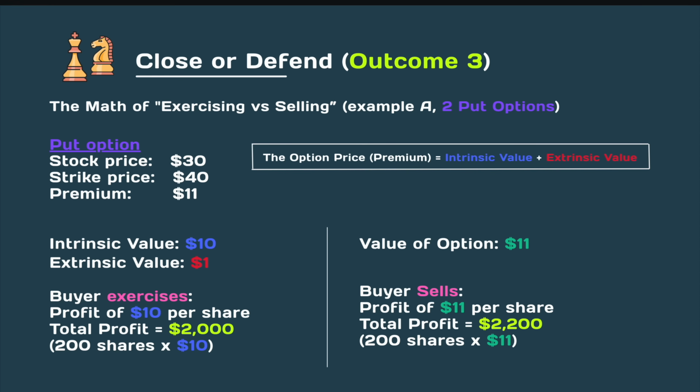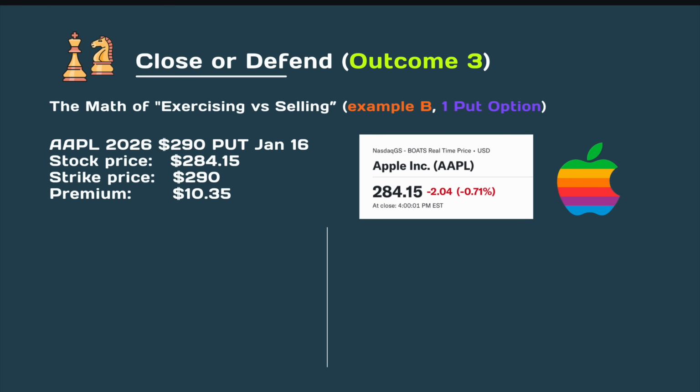Now, there's a few small nuances here. The first nuance is that we assume that there's no cost to the buyer within our analysis over here, and that's why we calculated the profit in this manner. The second nuance is, even though the buyer in this situation has sold away their option, they've closed out the position, another buyer in the economy is now holding on to the option. What this means for you as a seller is that you still have an obligation to fulfill. So any rational buyer over here would either continue to hold on to the option or trade away the option instead of exercising early. Let's use a real-life example to hammer home the message why buyers would usually never exercise